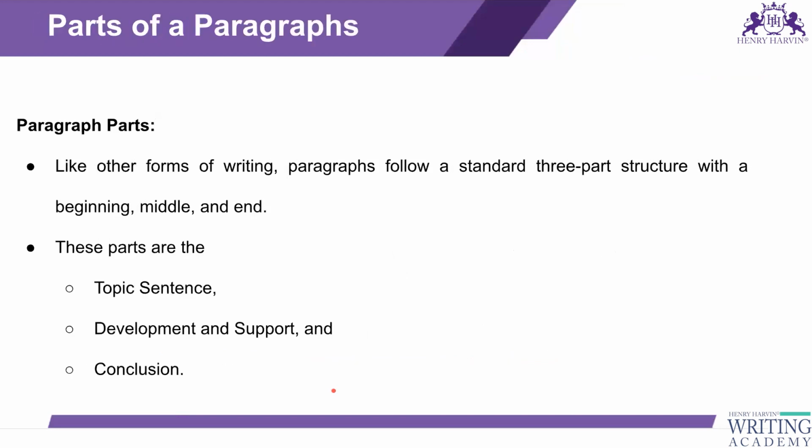It just explains that. So paragraph parts: you have topic sentence, development and support, and conclusion. Conclusion can also be the transition to another paragraph. Okay. So every time we write a story or anything, we always have these three parts. The first, development and support. What do you want to say? What are the problems? What are the solutions? And conclusion. You have to do it in small paragraphs as well and the full picture as well, like the whole thesis.